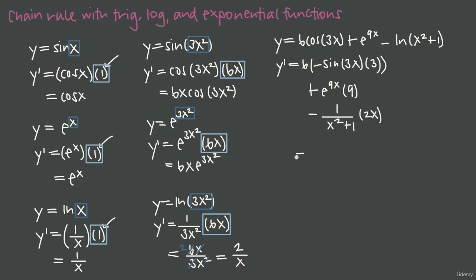And when we put all of these together, we say that the derivative then is, we get 3 times 6 is 18. We have this negative sign, so we get negative 18 sine of 3x. And then we have plus 9e to the 9x. And then lastly, the 2x comes into the numerator here, and we get minus 2x all over x squared plus 1. And this is our derivative function for this original function y that we had,